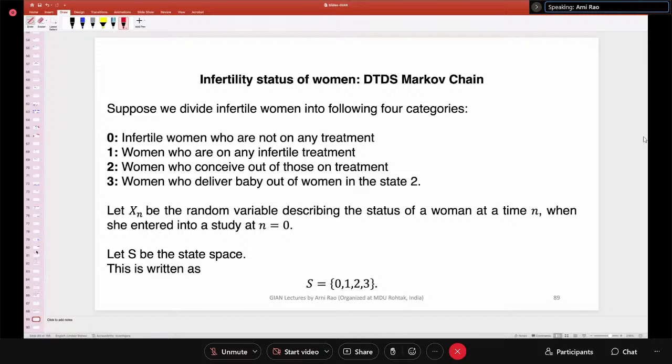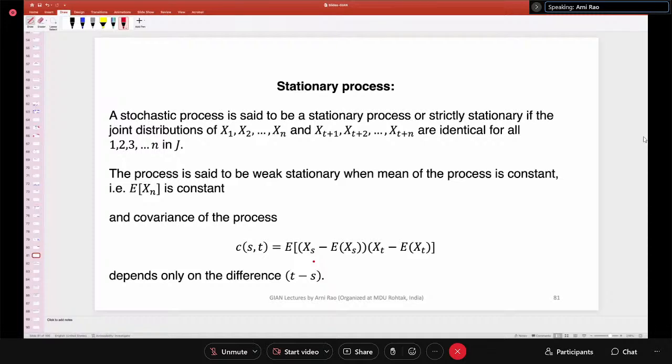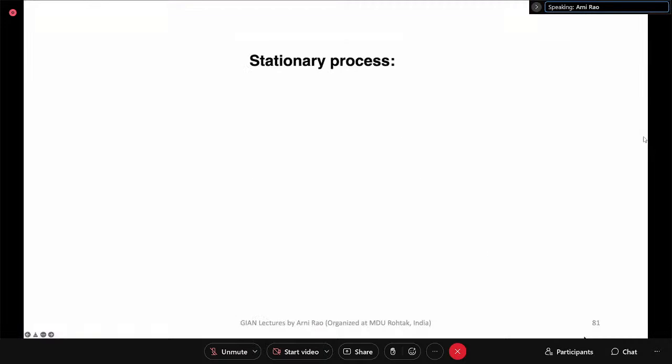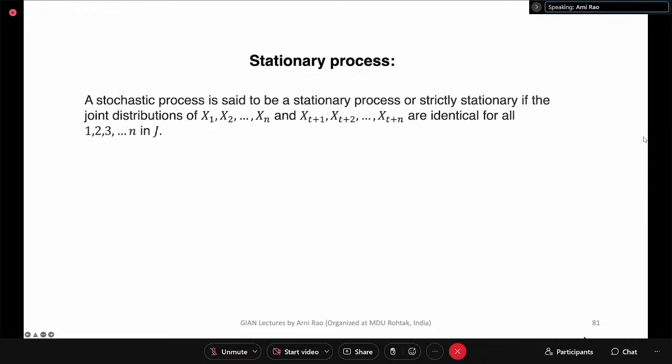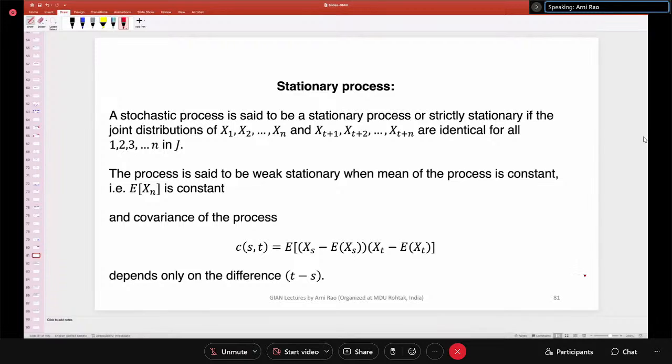So let me start the stationary process. Just a quick trailer of what we are going to learn in the next few slides. A stochastic process, as we all know, is a collection of random variables, and this collection of